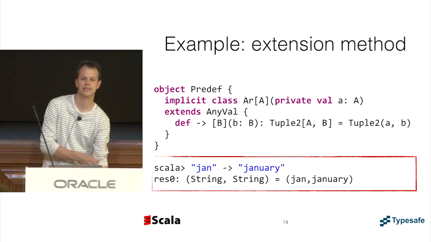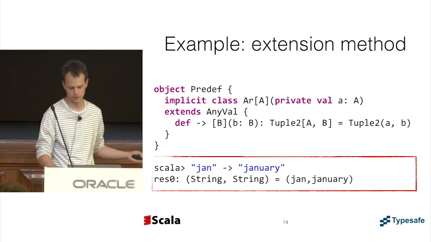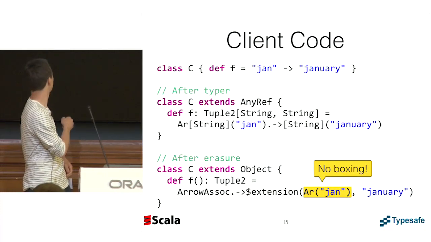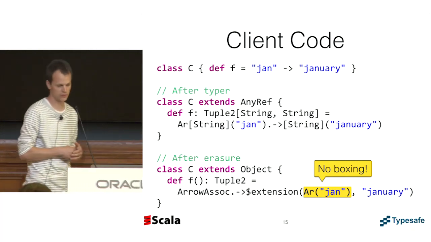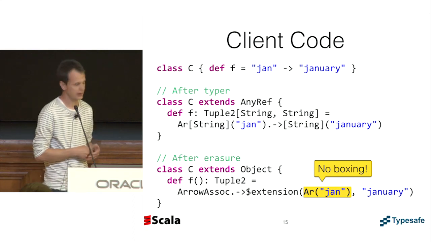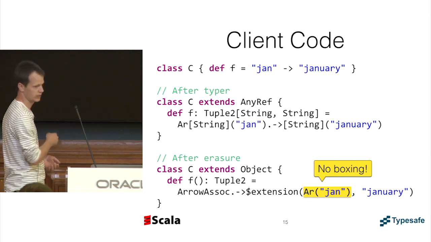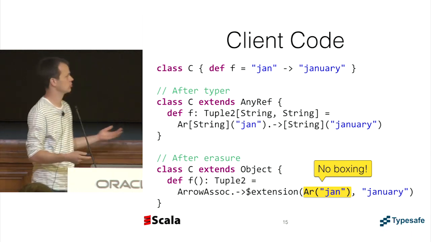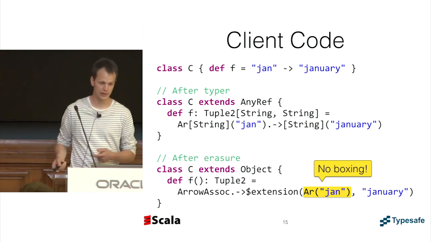Okay, so to understand how this all fits together, we just look at the actual use side, so how the use side gets compiled. So instead of having the interpreter, I put the same expression into a small class here, and into a single method. And after type checking, what the type checker does is it converts the string into an Arrow instance using the implicit conversion, and then it calls the arrow method on it, right? And the rest is done by the erasure phase,